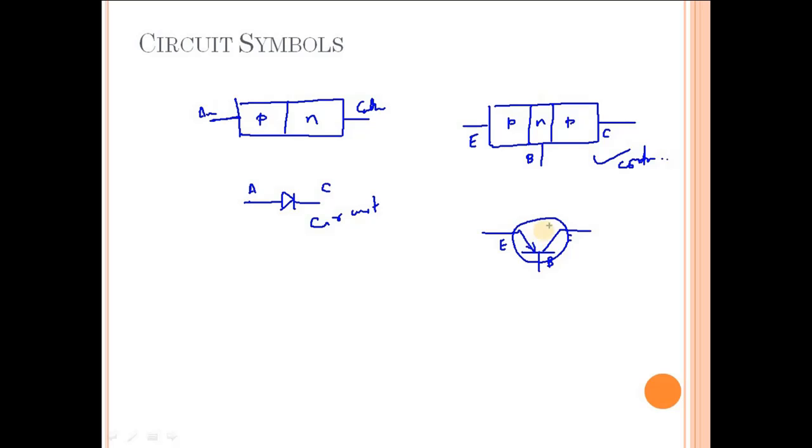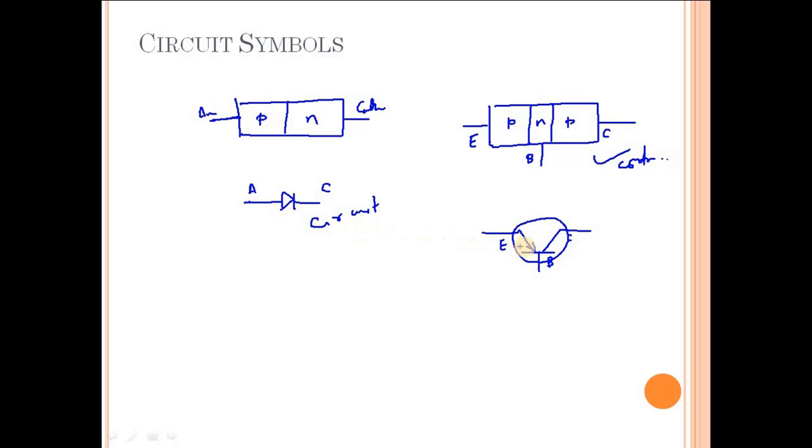Okay, so that is the importance of giving a circular shape and circling these three lines, which is a part of the BJT PNP BJT symbol. So what is the importance of this arrow? What is the importance of this arrow symbol?